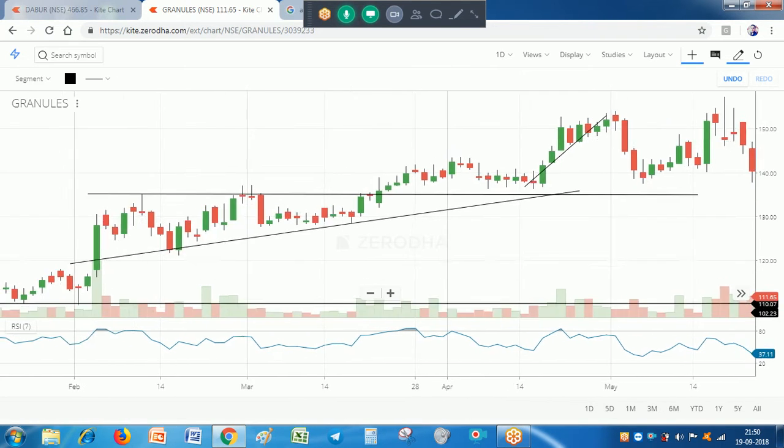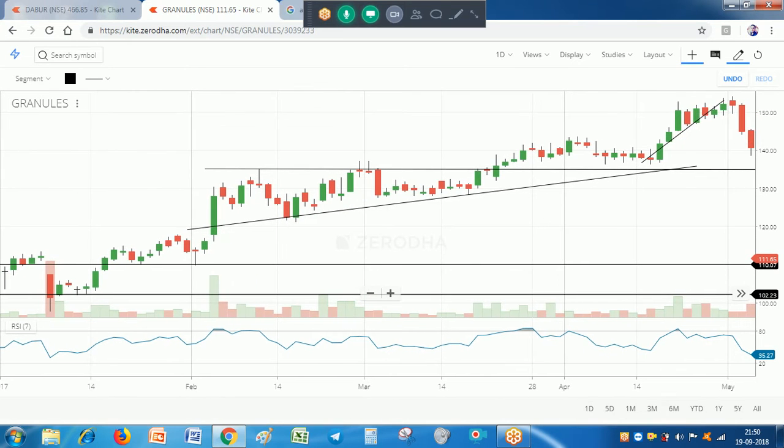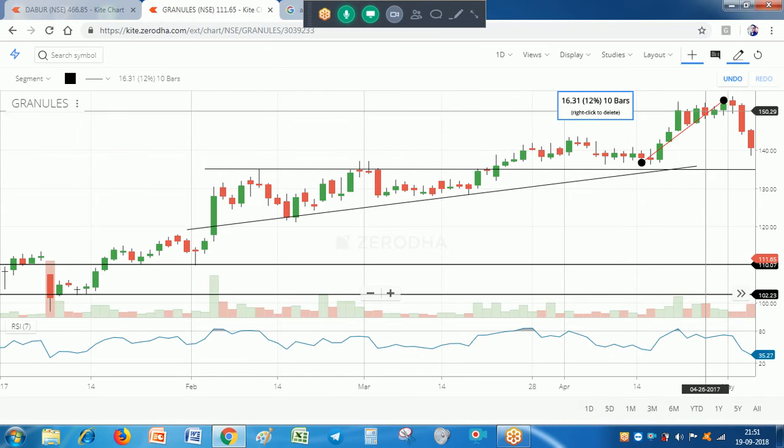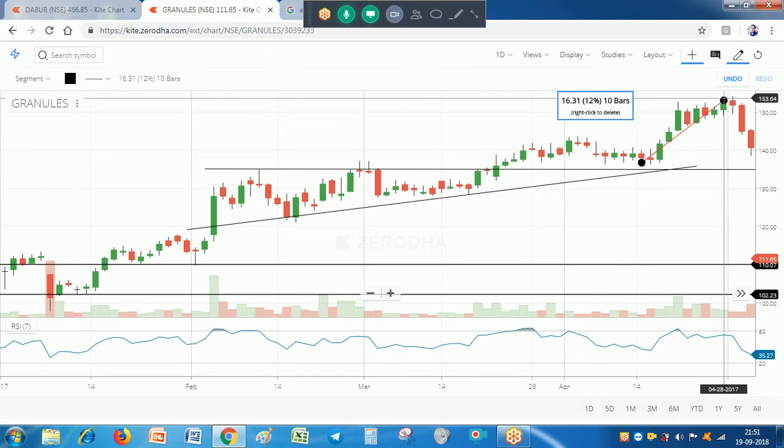Got it, friends? Is this thing clear? This is an accumulation period. After the breakout has happened, the stock has remained in this range for some time, and after accumulation, okay, there is an accumulation period, and then after it gave a big up move. So sometimes it may happen, okay,